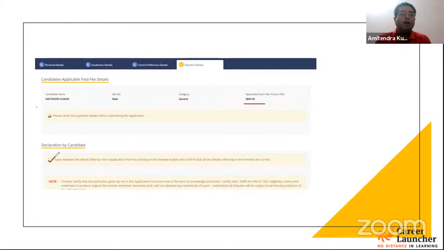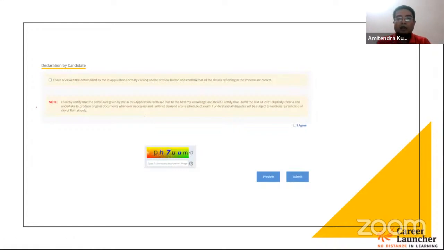Please review your form twice or thrice before you make the final submission. Because once you have submitted, you cannot make any edits, you cannot make any changes. And once you have signed the declaration, then you can proceed and submit the form and go to the final process, which is making the payment using the online platform. You can make the payment through credit card, debit card, or net banking facilities. Before that, you submit the captcha and then submit. Here you click on I agree, and that means you are ready to submit the form. You have reviewed your form, you have checked all the particulars, and then you are ready to submit the form.